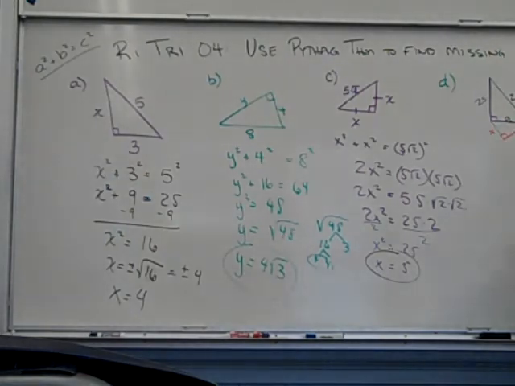I can set up my Pythagorean theorem a second time, because the hypotenuse is over here, that's my isolated term. In this case, the missing value is x is equal